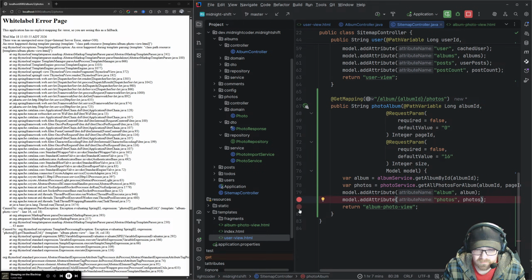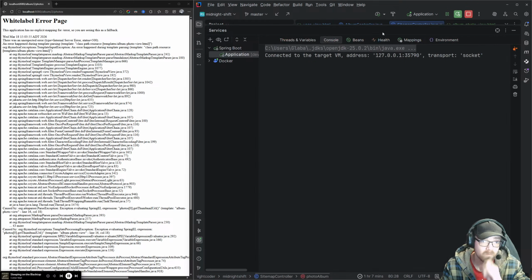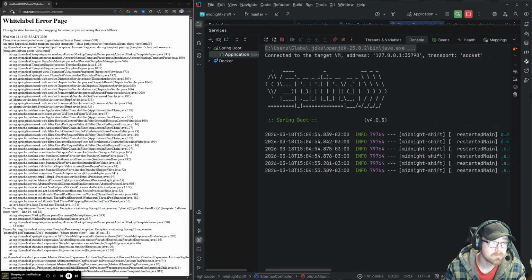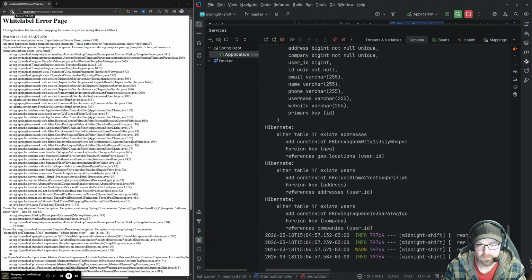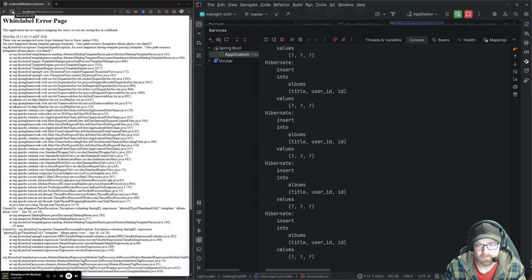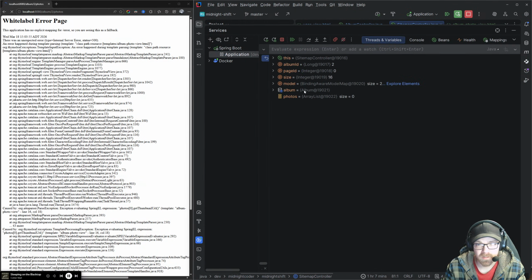Okay, let me just add a thing here. We're gonna rerun this. I'm gonna breakpoint this. Album ID is 2, page this, size this, model this. Photos are none.